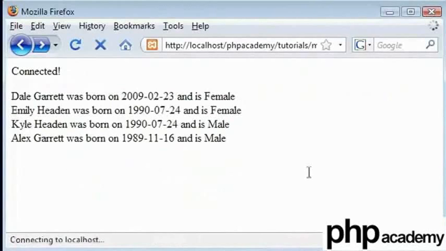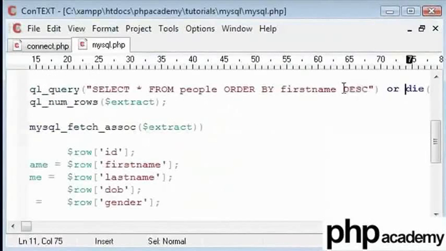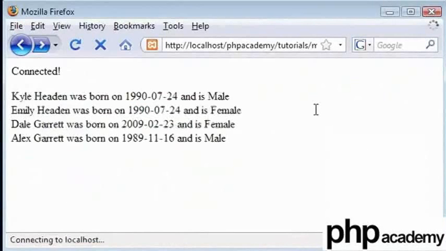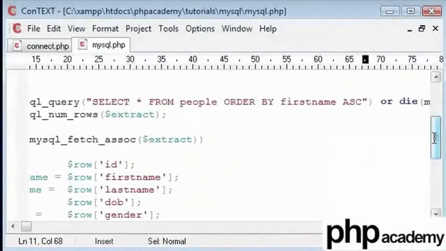This will put this in descending alphabetical order, and ascending will put this in ascending alphabetical order. So we got A, D, E and K. You can do the same with the surname. You can do the same with anything, even date of birth, as long as you include this over here.